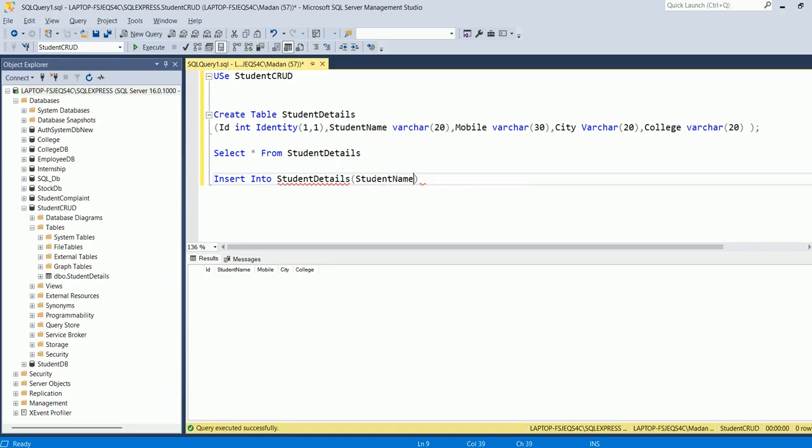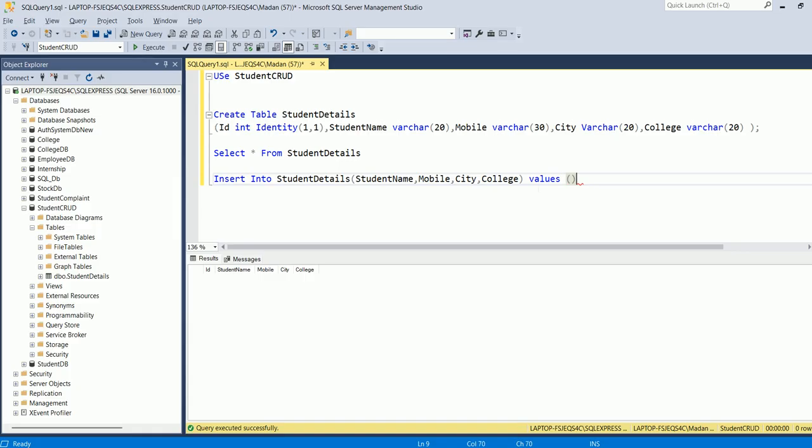The student name followed by the mobile number, and then city, college, right? These four columns, because the first column id is the identity, so it will auto increment, okay, based on